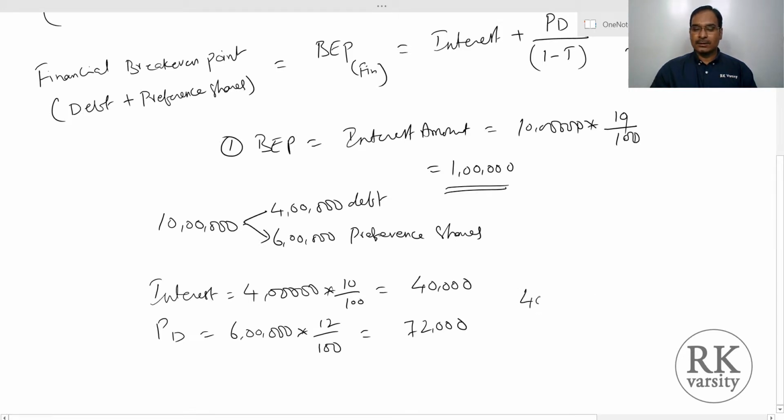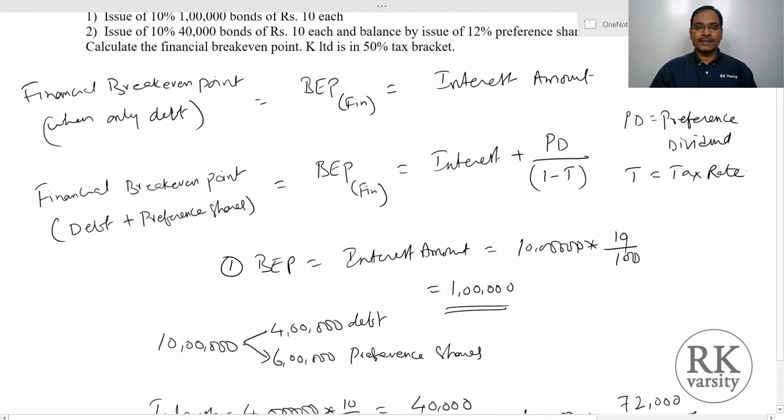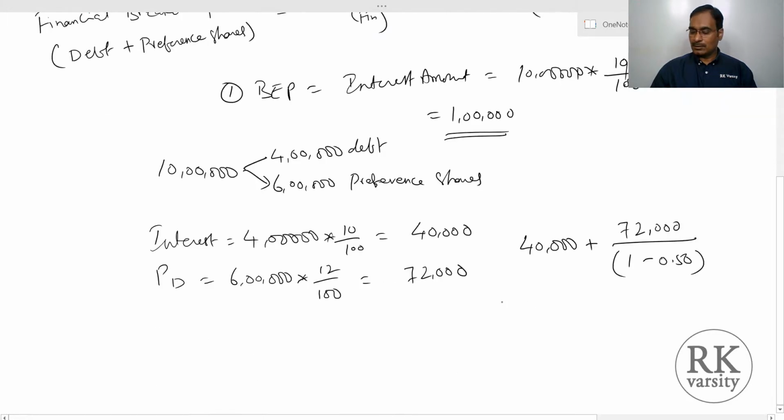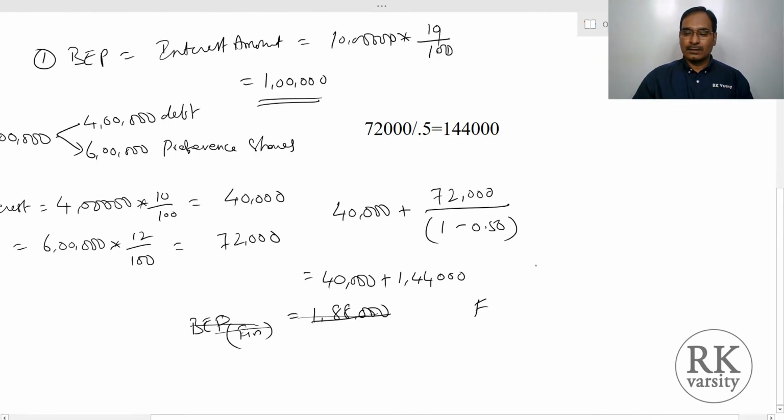That is 40,000 plus 72,000 upon 1 minus tax rate. So your tax rate is 50%. So this equals to 40,000 plus 1,44,000. Here our break-even point financial, this equals to